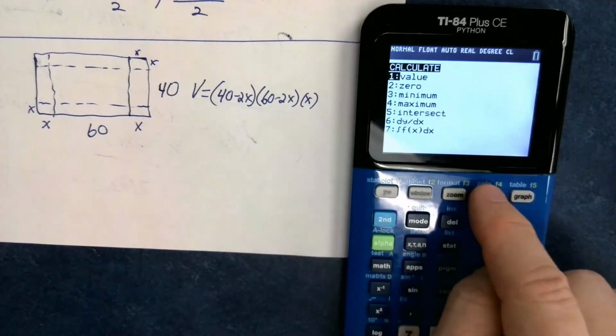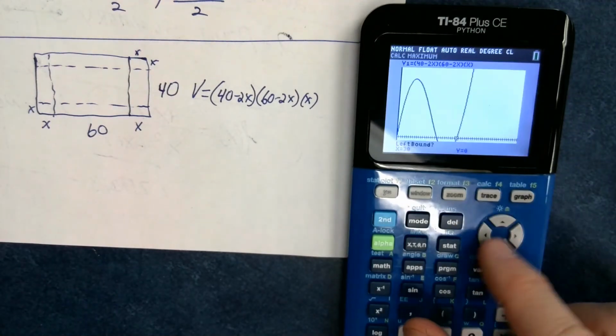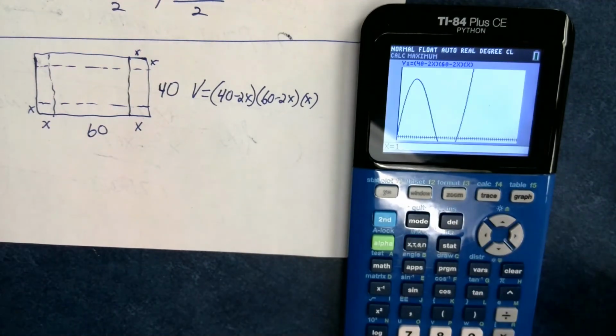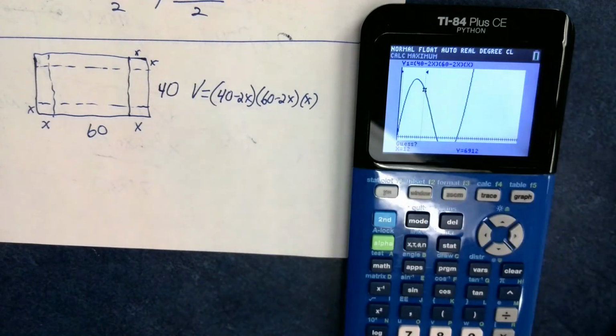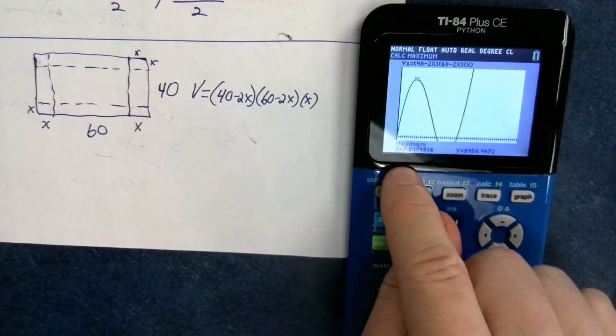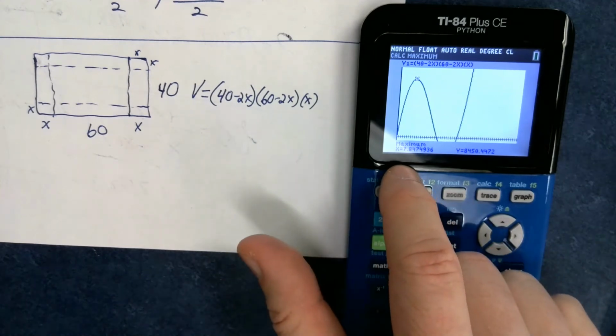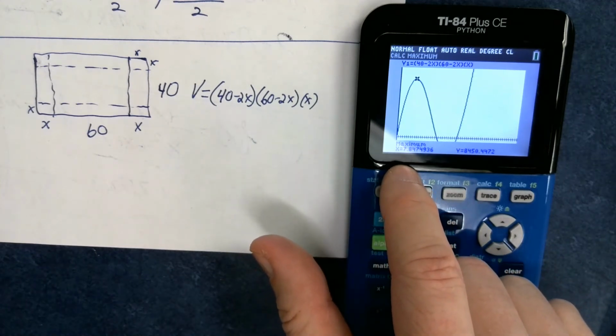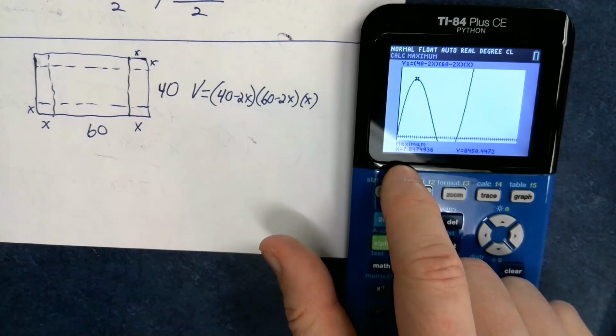So second trace, number 4, maximum. I'm going to go 1 inch, enter, and I'm going to go 12 inches, enter. I'm just picking 2 random numbers that I know are on the left and the right side of this. I'm going to say guess. Nope, I don't really want to guess. And you can see that it says that if I fold it up 7.84 inches, 7.847 inches, 7.85, I don't care, that will maximize my volume of